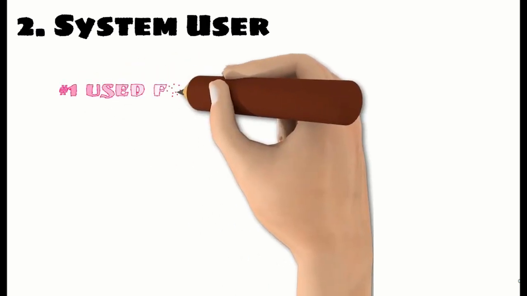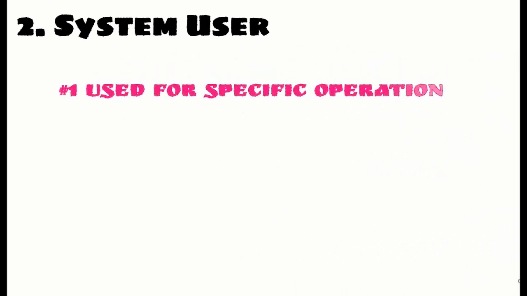The next type of user is system user. In Unix operating system, the tasks which are also called as processes of the system are also considered users. These are system created users. It is used for specific operation of the system. These users are not responsible for performing any other task. Once a task is finished,